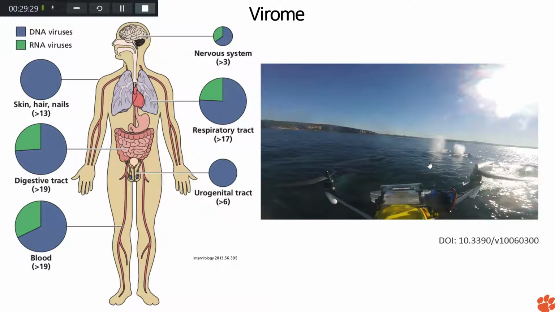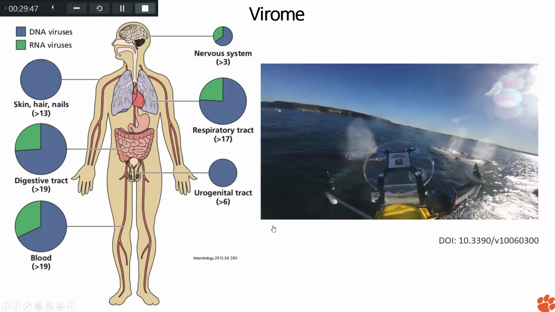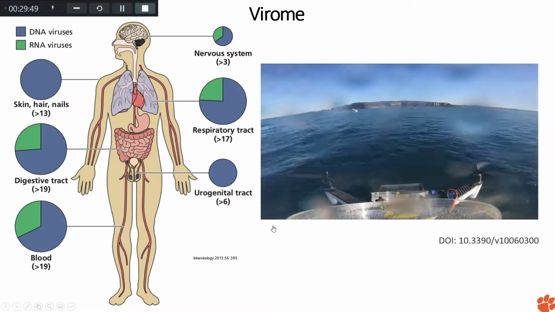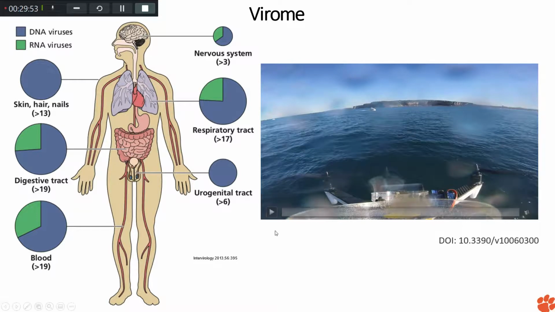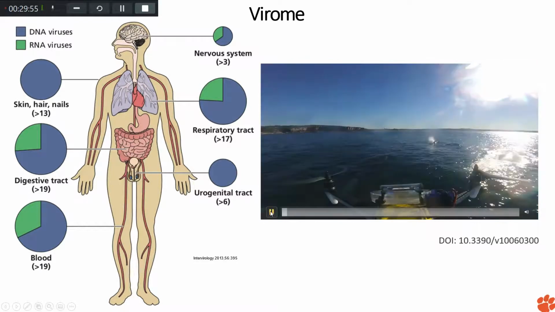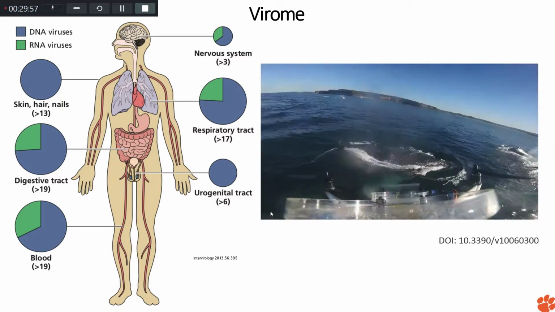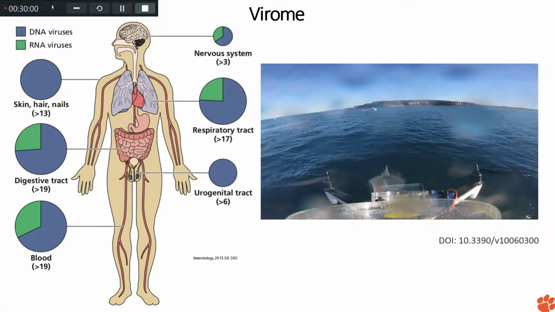What they do is send a drone, which they can control remotely, through the mist of the whale breath to collect the viral samples. And it's really pretty cool. This is how the research and the sampling are done. So you can just easily see that. I will just play it one more time. So this is how you collect the sample: the drone comes back, you get those viruses and analyze them in your laboratory.